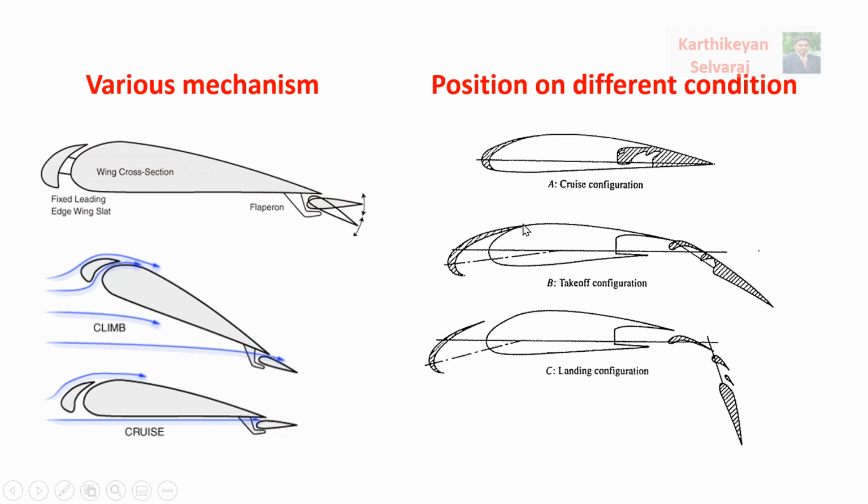Okay, you can see here now the area increases. Once the area increases, airflow increases, then automatically lift increases. This type of position of the slat and the flaps is needed for the takeoff condition, because while doing the takeoff we need more lift. The same flap and slat will be useful for the landing condition. This time the drag increases because the flow will be disturbed. Previously the flow was fully attached, continuous flow. Here the flow is disturbed, so automatically the drag value increases.